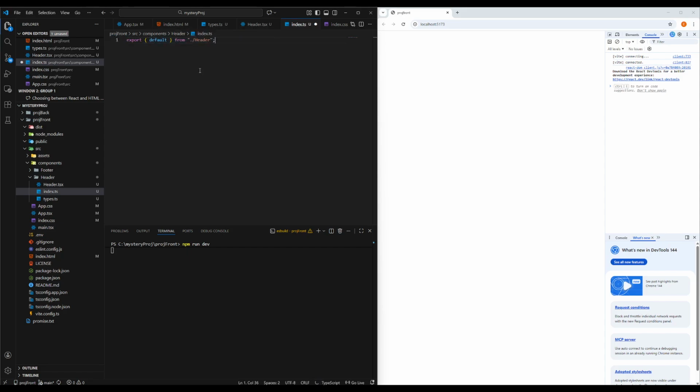Just header. Default is header. Let's define it. Okay, and export type header props from types. Accept. And now